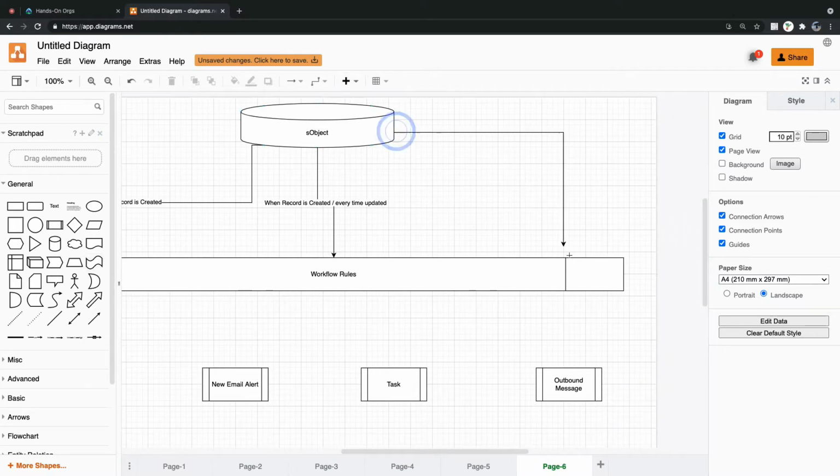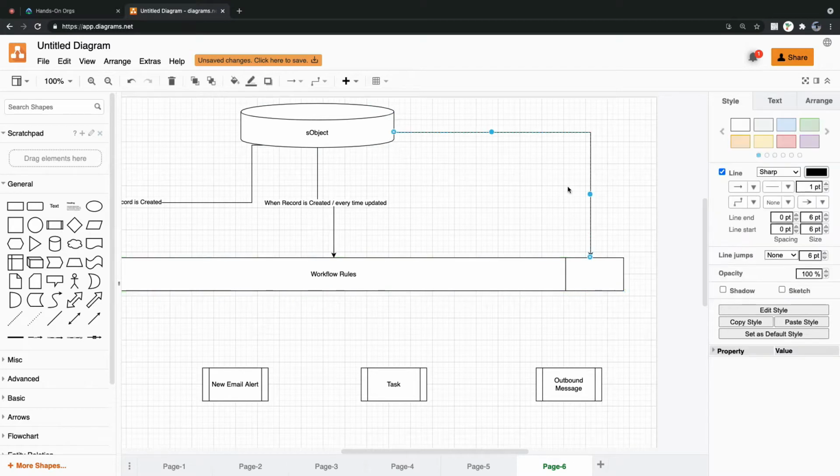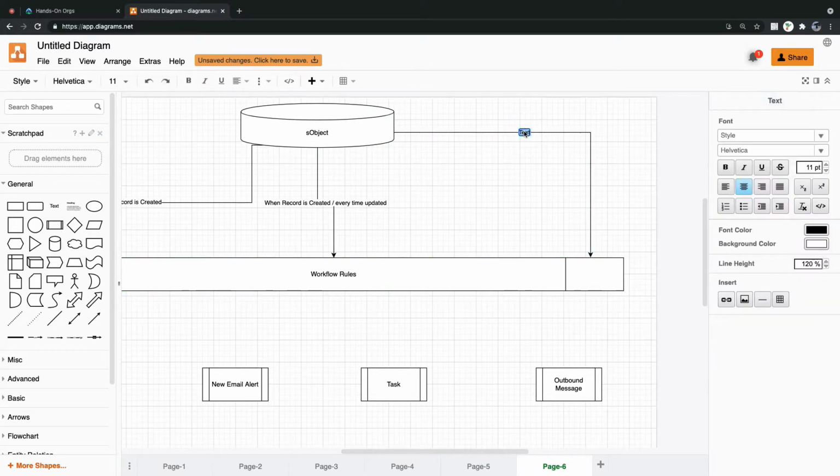We have another scenario called when a record is created or edited to subsequently meet criteria.